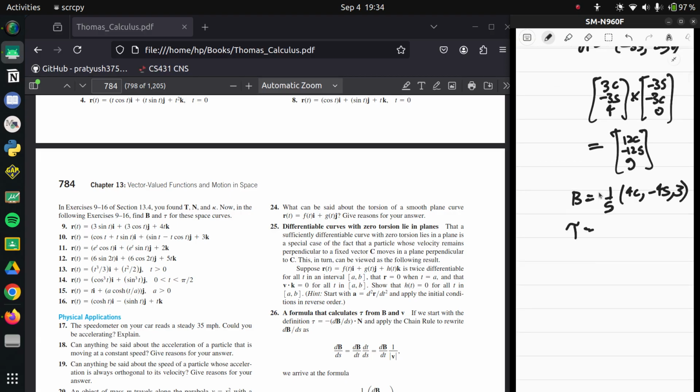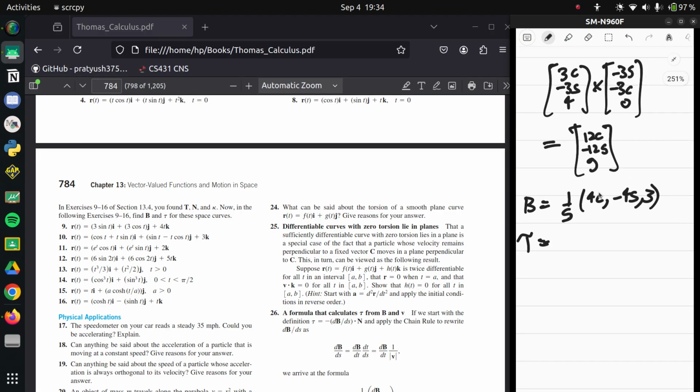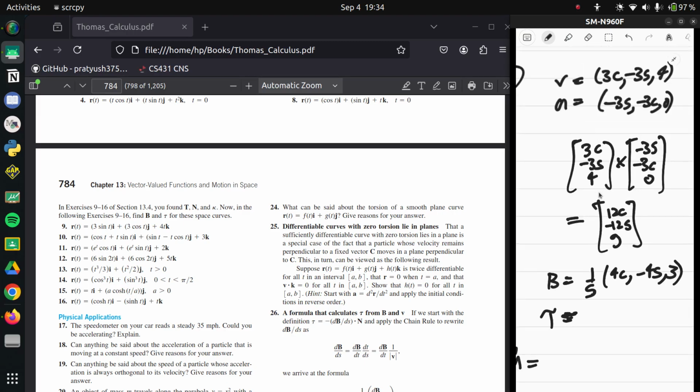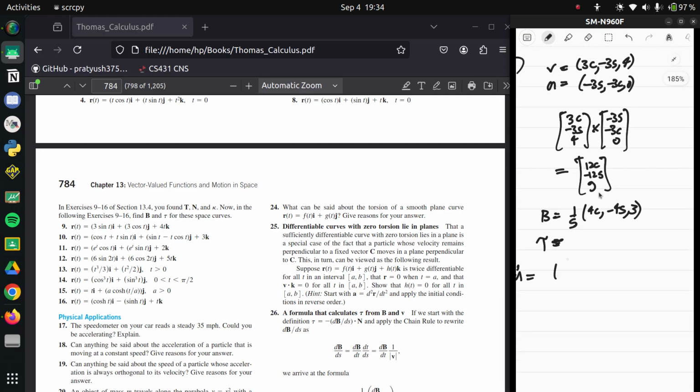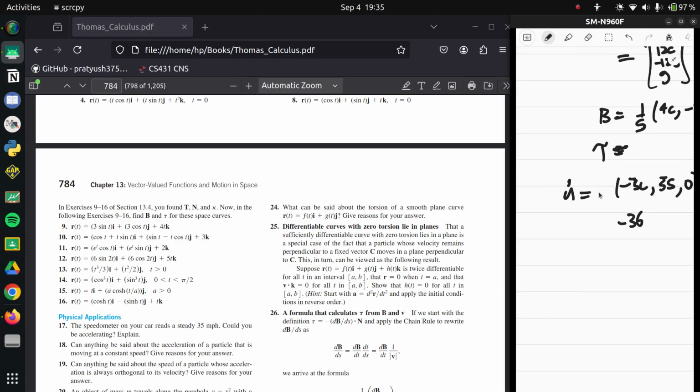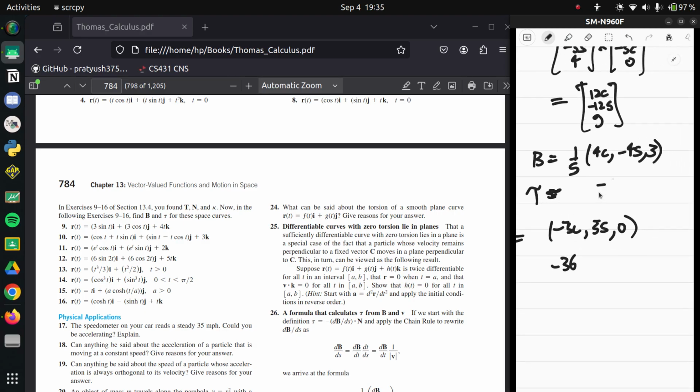What about the torsion? The torsion would just be, so you have this quantity, you just have to figure out what a dot is. So a dot would just be the derivative of that in fact, so just minus 3 cosine, 3 sine, 0. Now take a dot product of that with this stuff. What do you get? You just get negative 36 cosine squared, then negative 36 sine squared, and then that thing is 0, so it's just negative 36. So it's just the negative 36 thing upon the magnitude of,